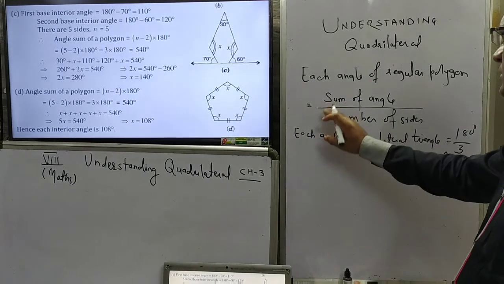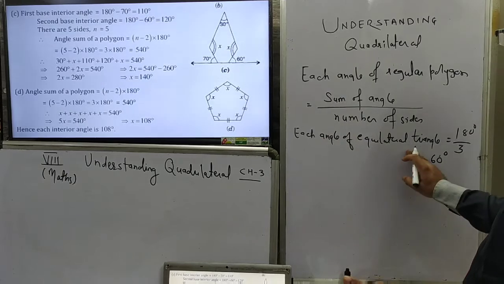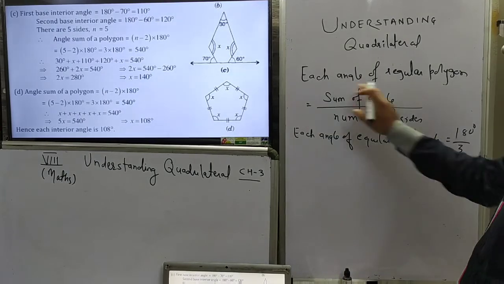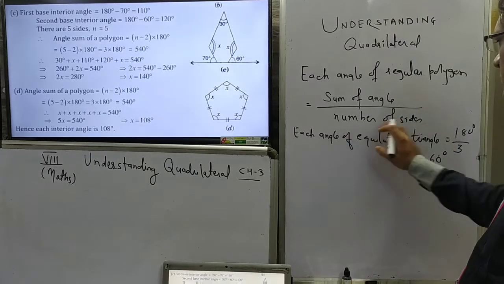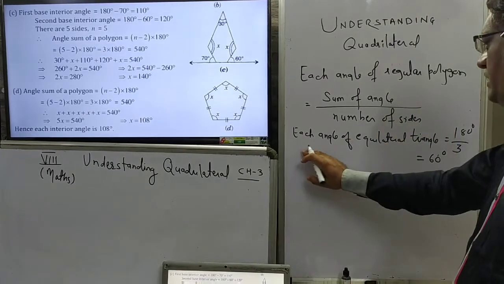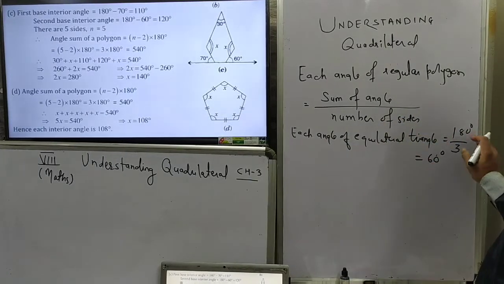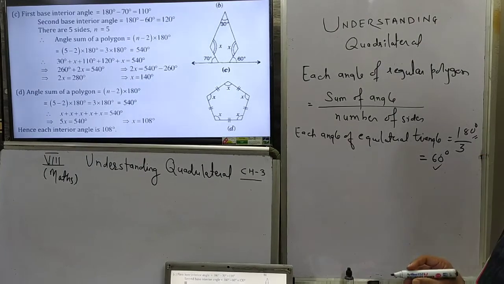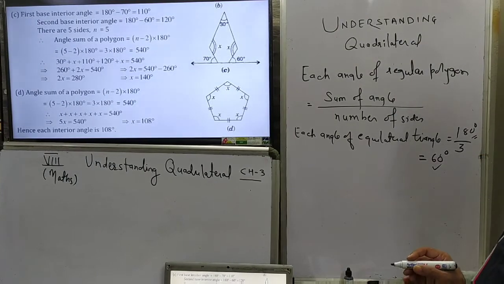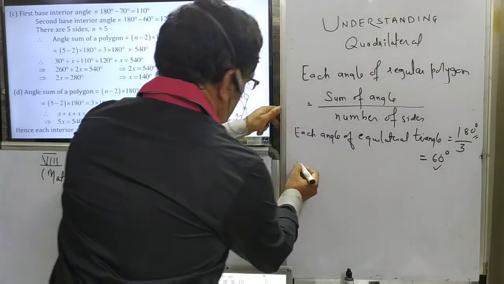So you know that each angle of regular polygon is equal to the sum of interior angles of polygon divided by number of sides. So in equilateral triangle there are 3 sides and angle sum is 180 degree. So each angle of equilateral triangle is 180 divided by 3. Now each